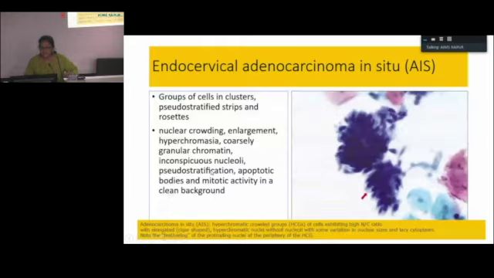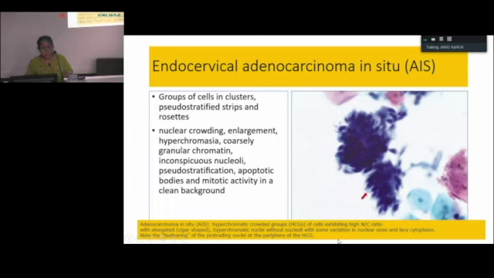So this endocervical adenocarcinoma in situ, or AIS, what does it look like in your LBC? In your LBC, there will be groups of cells and clusters, pseudostratified strips and rosettes. You can see here there is some pseudostratification. There are elongated cells which are hyperchromatic. So there is definitely nuclear crowding, enlargement, hyperchromasia, coarsely granular chromatin but inconspicuous nucleoli, pseudostratification, apoptotic bodies, and mitotic activity